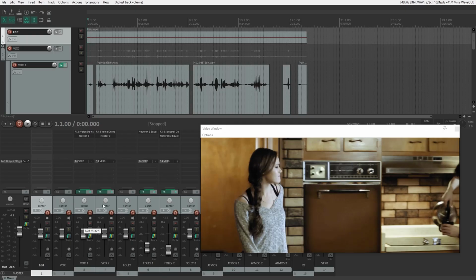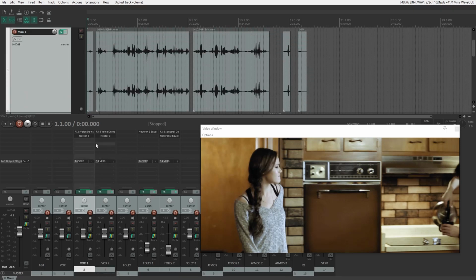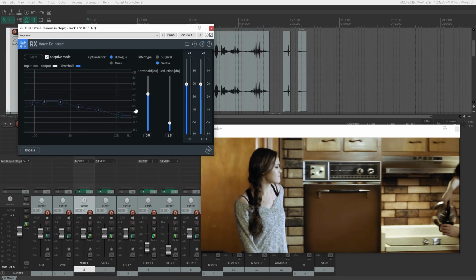Now, if you look in the session here, the first thing that I have, and I've already loaded up a couple of things on my two dialogue channels, the first thing is this denoiser. Now this denoiser is not doing much. You can see here it's only doing 2.8 dB of noise reduction. But I have this here only to point out that if you need to do any kind of repair on your dialogue, you should do that